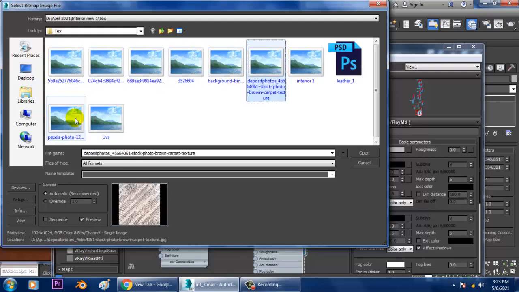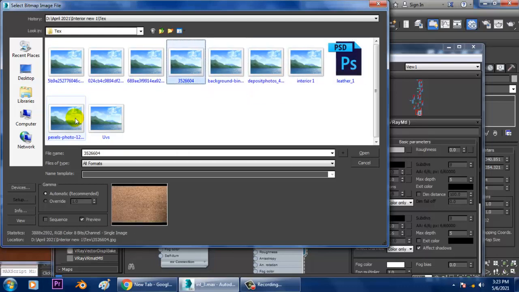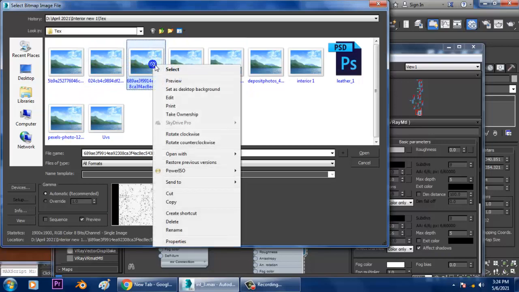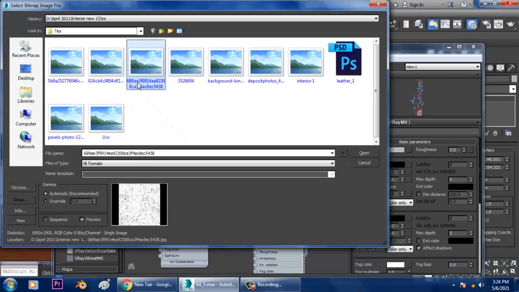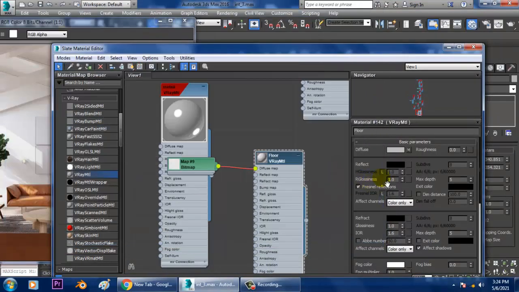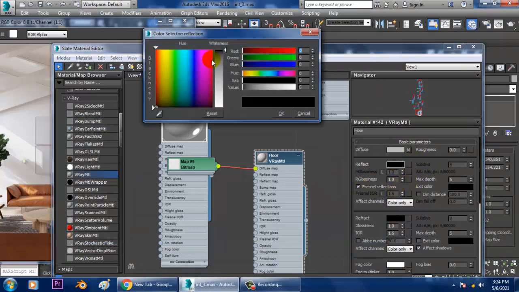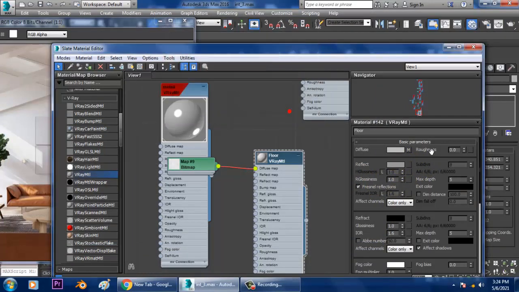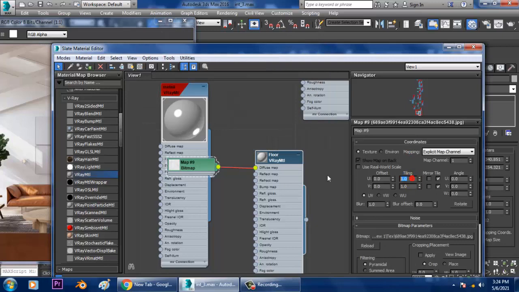I'll assign a floor texture over here. You can just see this floor texture, and you can give a bit of reflection to it and assign that.